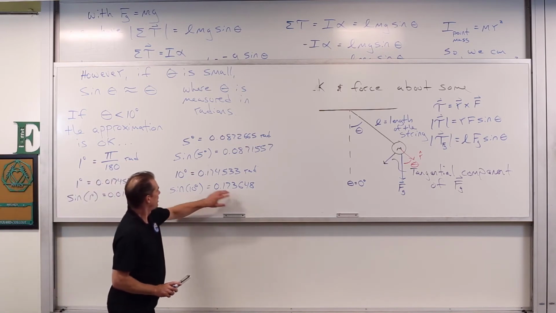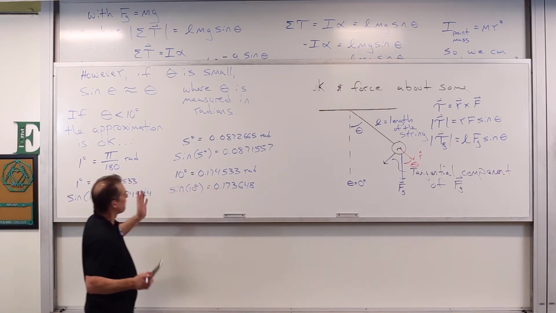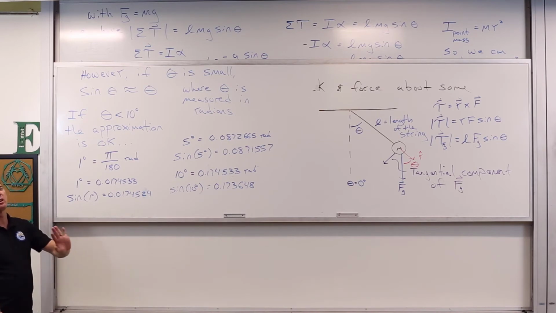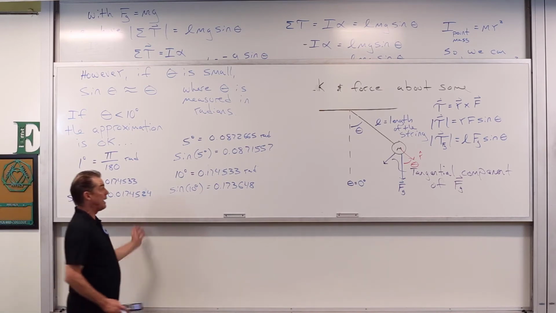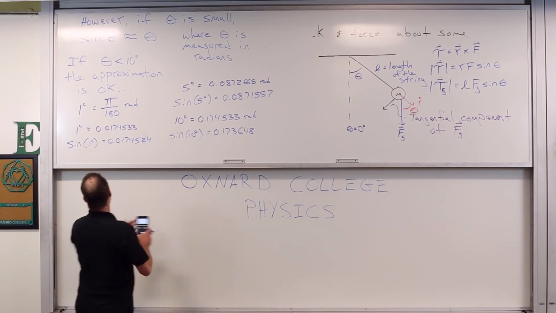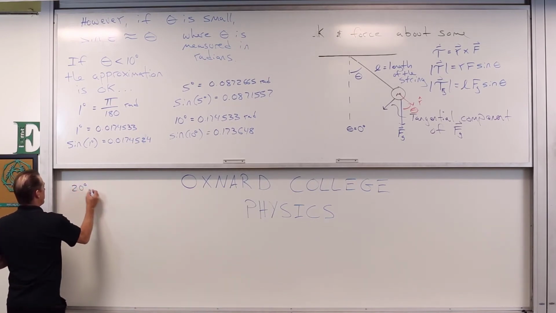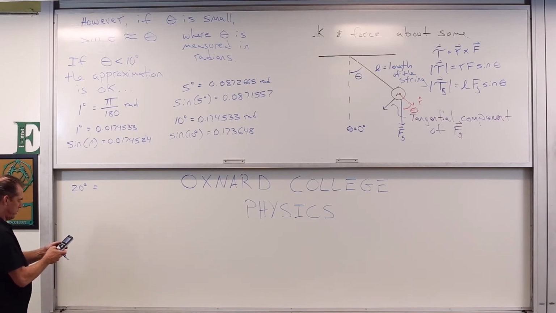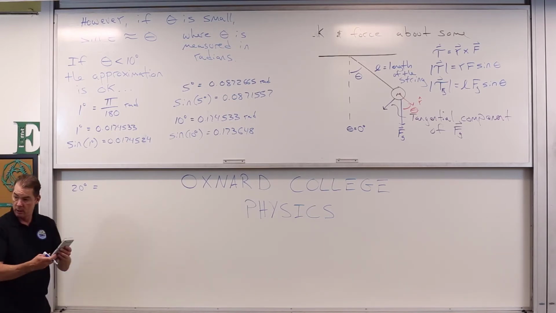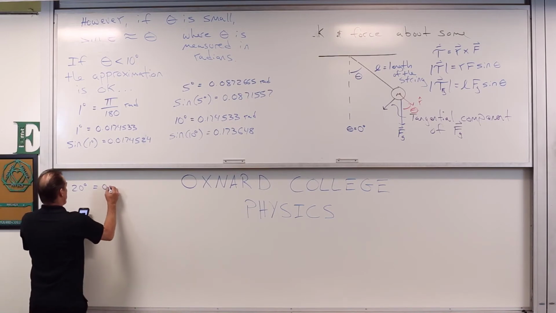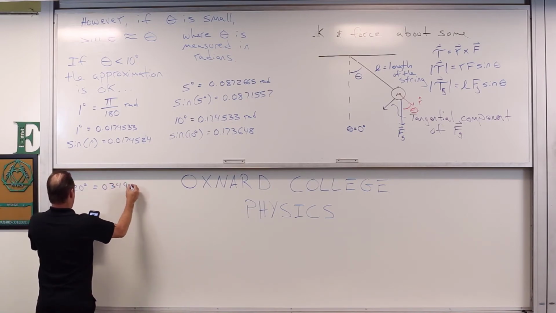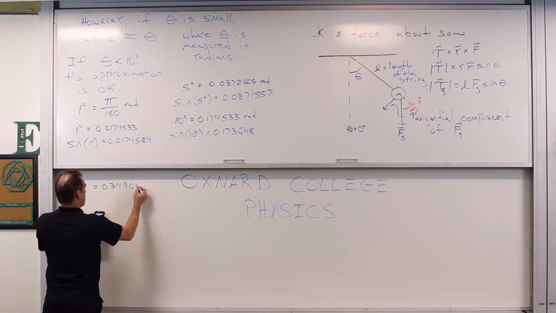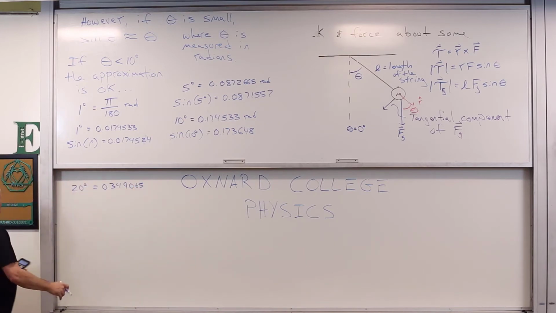I'm starting to get a little bit greater difference between those two values, but they're still pretty close, right? What happens if we go ahead and check out like 20 degrees, 30 degrees? 20 degrees, let's go 2 times that. 20 pi divided by 180 gives us 0.349065, and